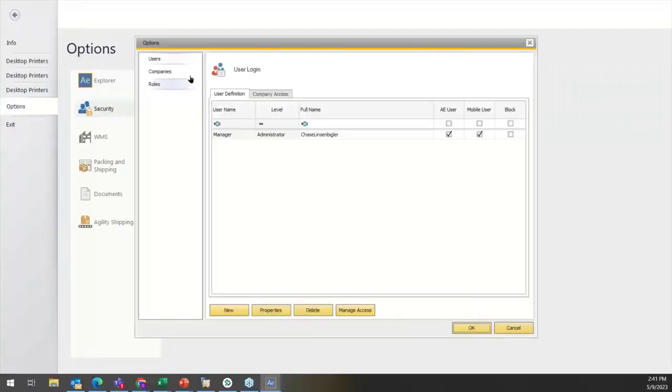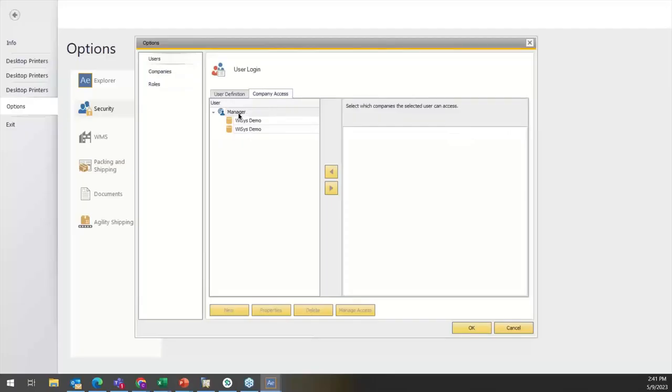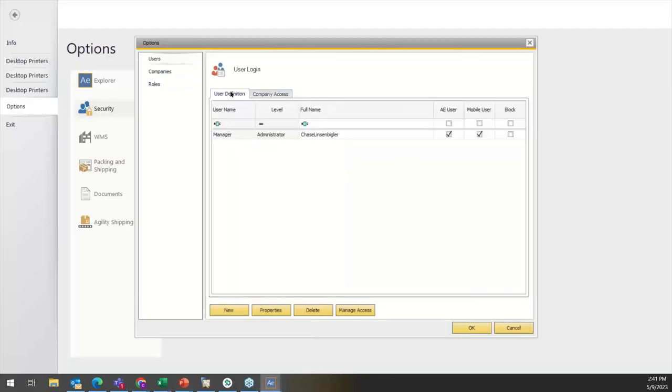I'm going to go back up to my file. Now we're going to go ahead and make that user for Chase. So companies are set up. My admin user, my manager, he has access to both companies. Everything's ready. Now, let's say we're getting ready to bring some things over to live. We're going to add a live user. That's going to be Chase, and he's only going to have access to Gen Demo. He's not going to touch SBO Demo US. So here, I'm just going to go down to New,